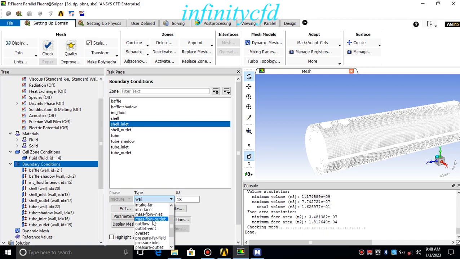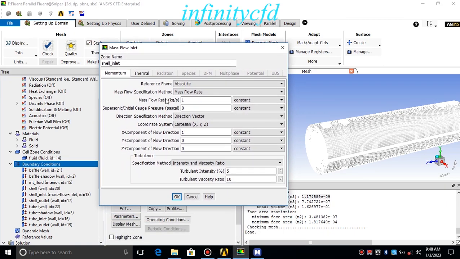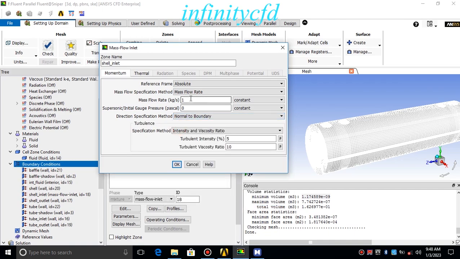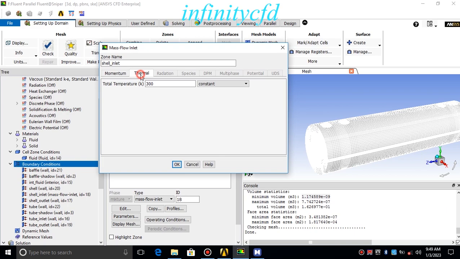So mass flow inlet, I'm gonna use normal to boundary option with 0.003 and 290.15. Okay,